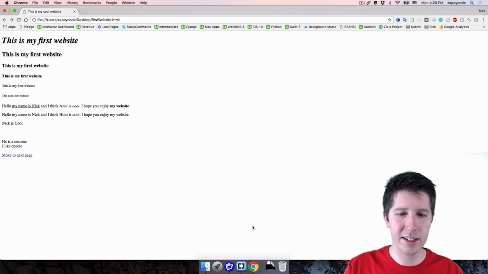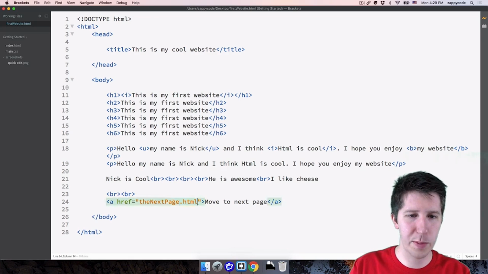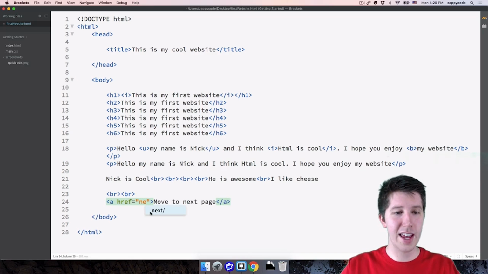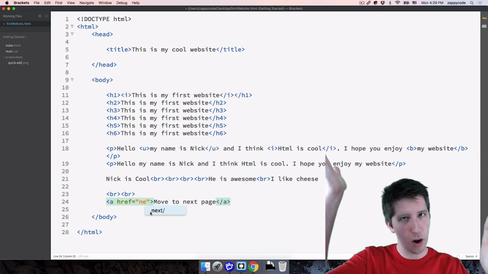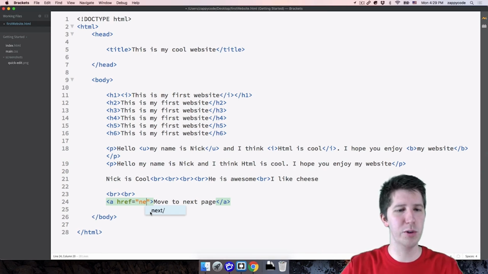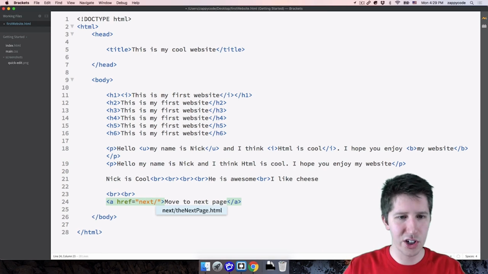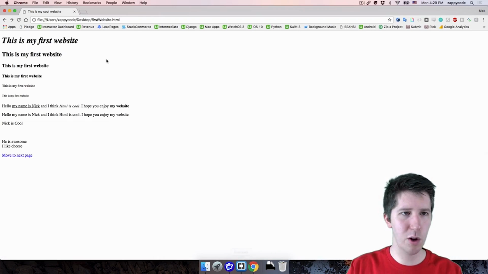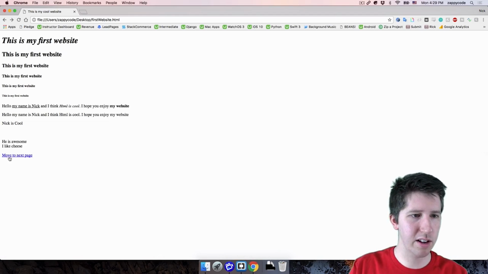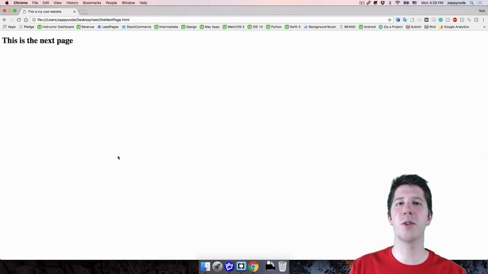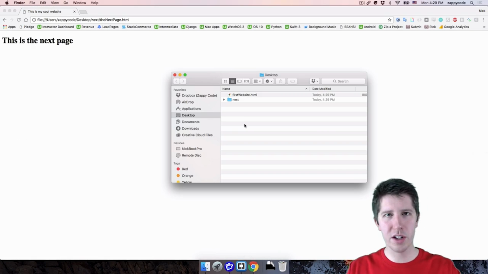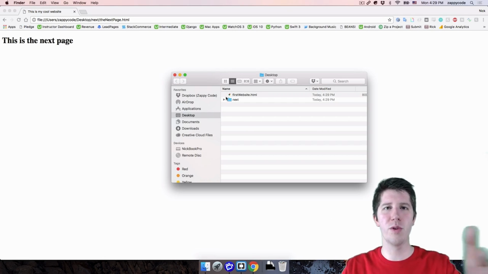So to handle this, we'd have to go back to our code and specify here, okay, first we want to go to next, and you can see it provides this next, and then you do a slash to say, okay, this is a folder, now move on to something in that folder. So I'd say next slash, and then it has, this autocomplete is great, the next page.html. So if I hit save on this, go back, reload this page, and I click move to next page, boom. Look at that, it moves. So if you store a bunch of your HTML files in a couple of different folders here, this is how you can move through them.